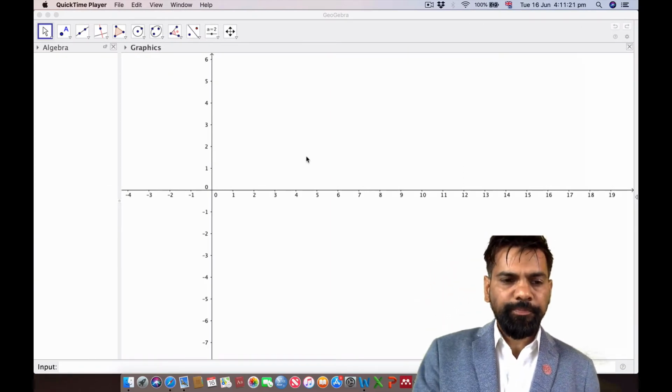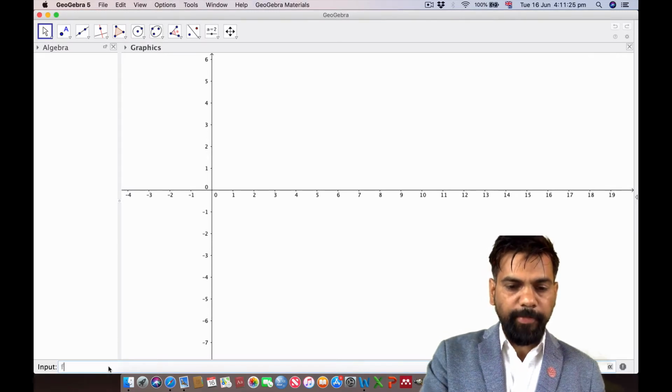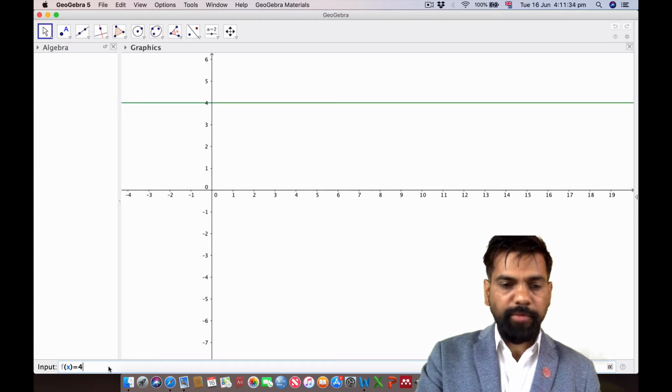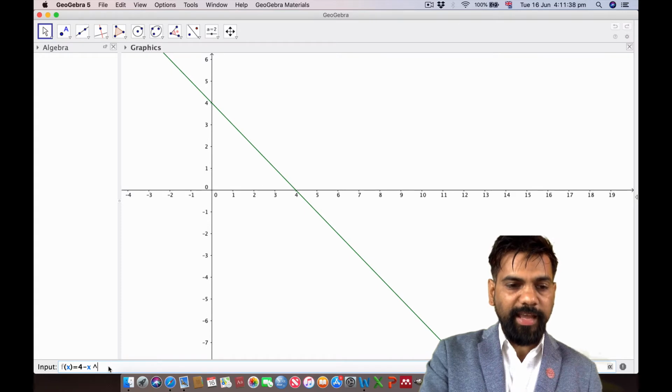Here I can use the function f of x is equal to 4 minus x square.